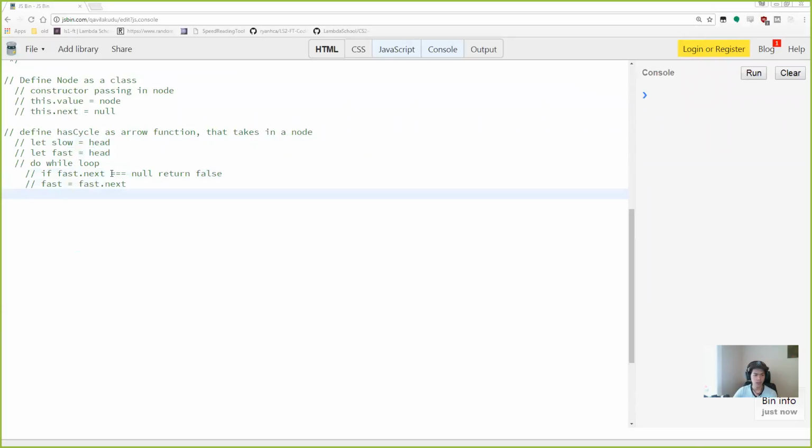And then if that doesn't run, then we can set fast equals fast.next. And then the same thing, if fast.next equals null, return false. If that doesn't run, we can set fast equals fast.next and slow equals slow.next. And then we can close it. Since we're using a do while loop, the do means that